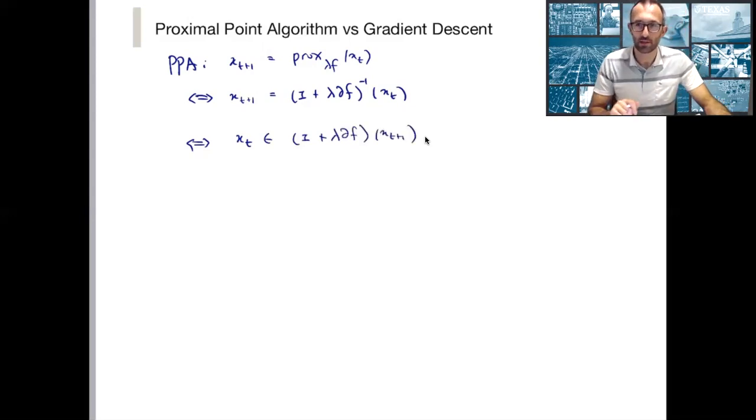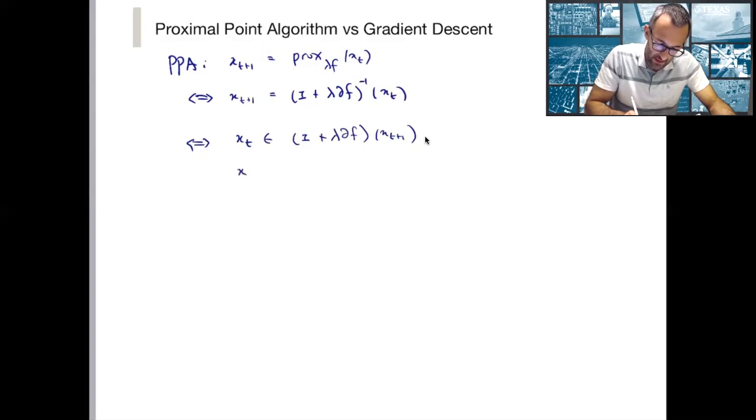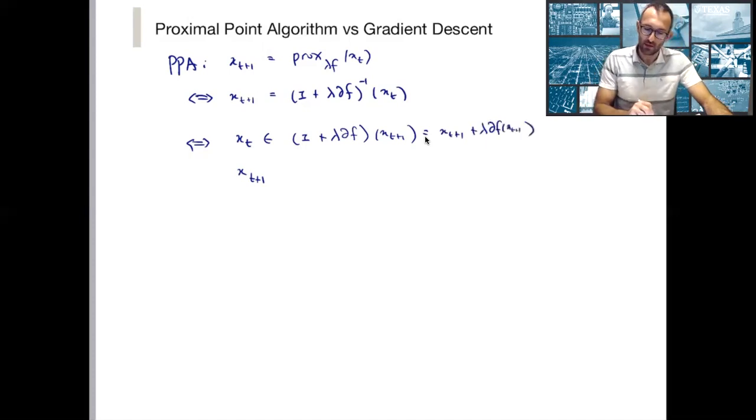I just used the inverse property, which is the same as writing that x_t is in x_{t+1} plus λ ∂f at x_{t+1}. Now I'm going to solve for x_t. So writing this out, rearranging and solving for x_{t+1}, I find that